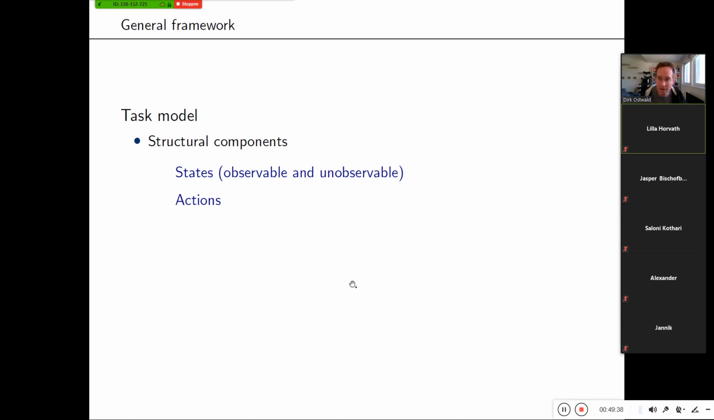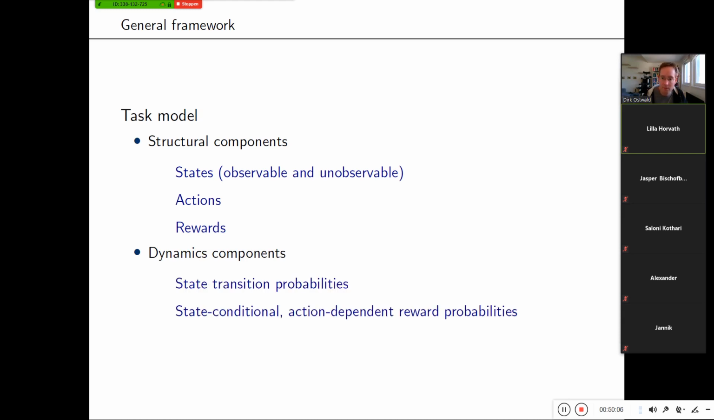Actions, I think, are part of the task model because, at least the way we do the experiments, there are only certain actions allowed. You can press the two buttons. Any other actions, even if the agent can think of many other actions, will not really affect anything, and rewards we already discussed. So there are some structural components, which are usually formulated as mathematical sets, and there are some dynamic components